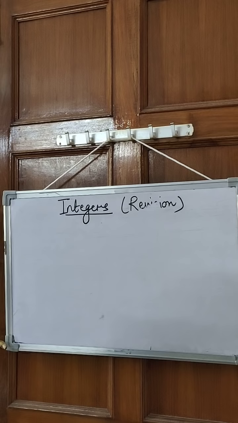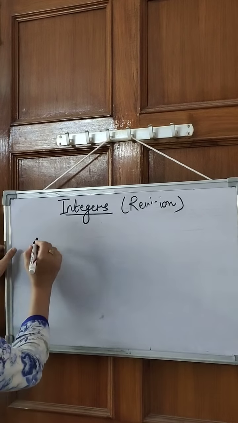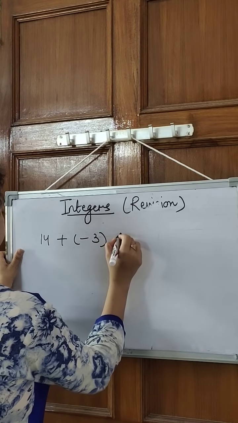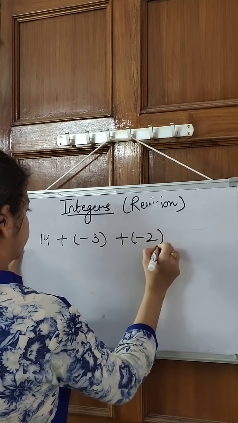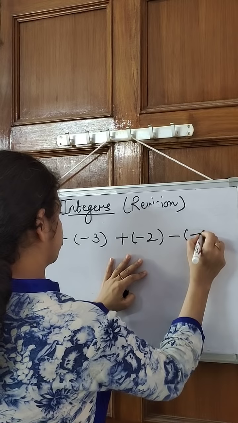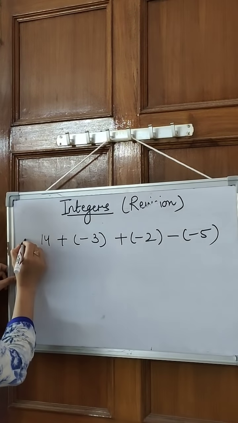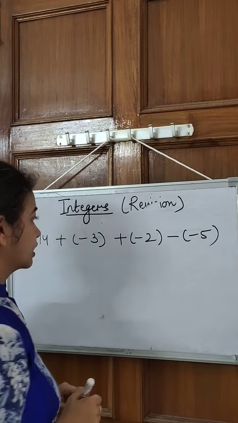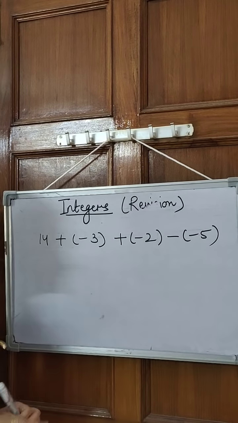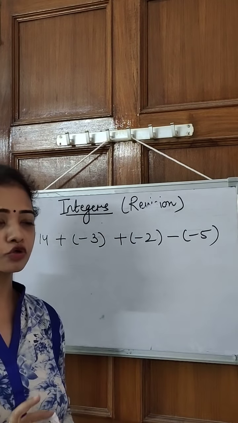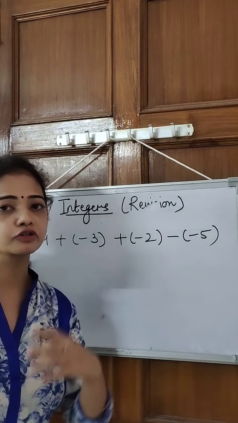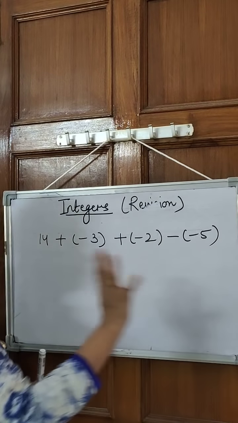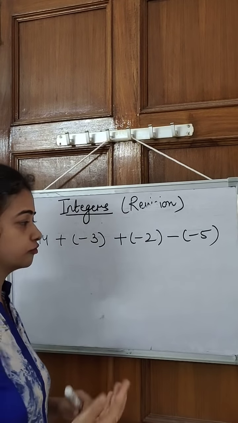Let's take 4 numbers. Okay. So here I have taken 4 numbers. The method will be same. Everything will remain the same. So don't get confused if you have 3 numbers or 4 numbers written together. Okay, don't worry. You just have to solve them as we solve one number or we solve 2 numbers.